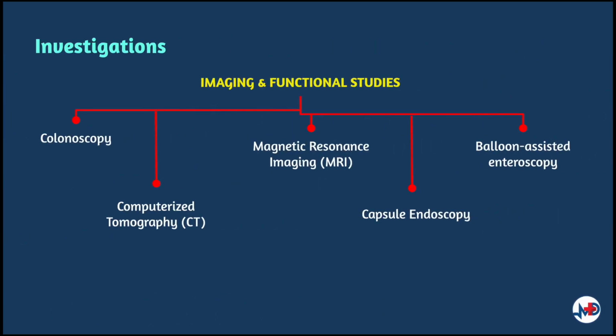A colonoscopy can be done, and this allows a view of the entire colon from the very end of the ileum using a thin, flexible, lighted tube with a camera at the end. During the procedure, a sample of tissue is taken for biopsy, and this is sent for laboratory analysis, which may be very helpful to make a diagnosis. Clusters of inflammatory cells called granulomas, if present, help essentially confirm the diagnosis of Crohn's disease.